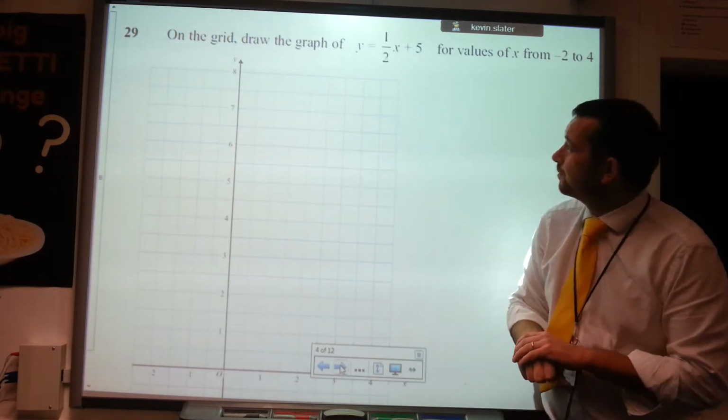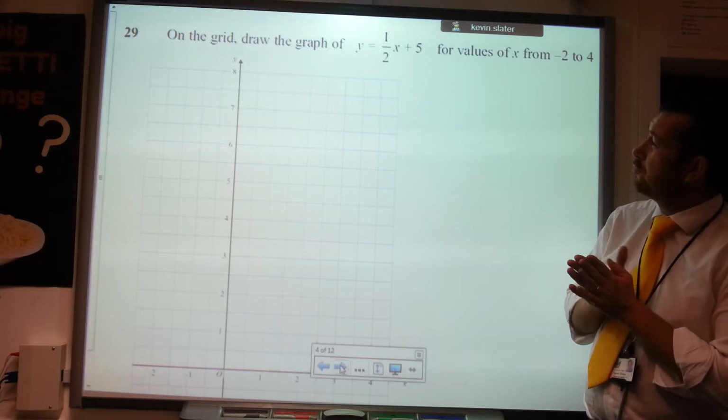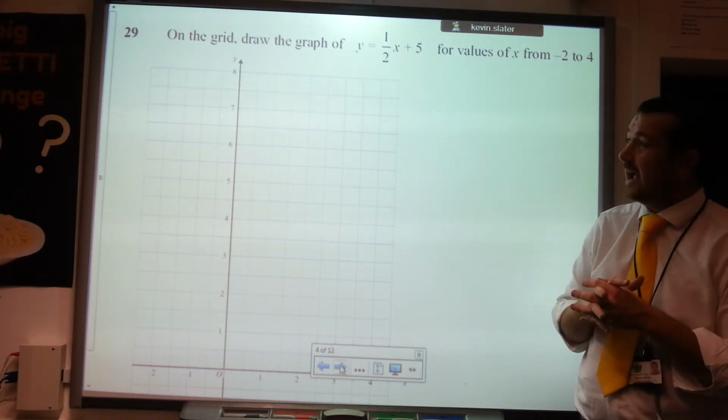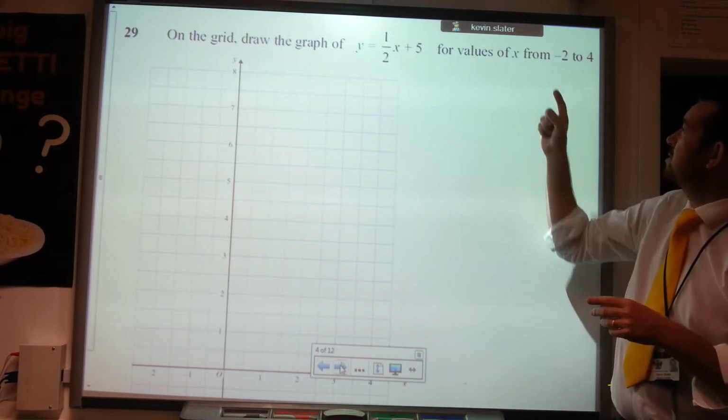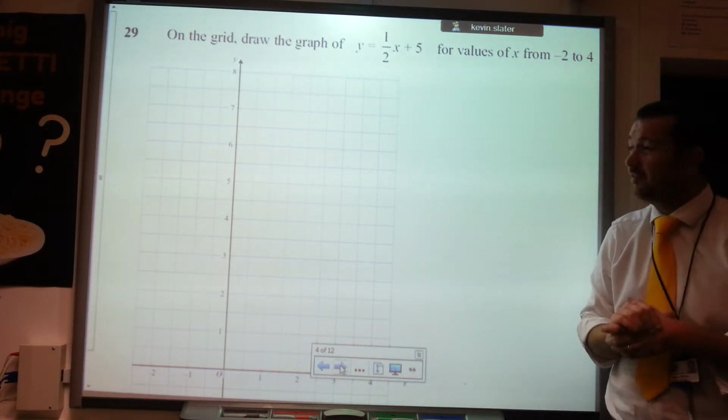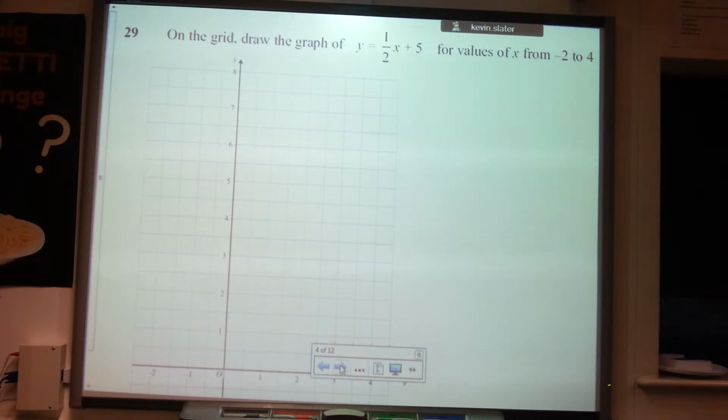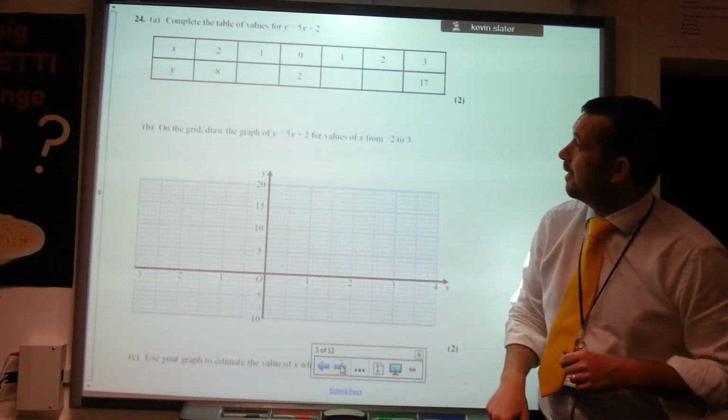Okay, next one. On the grid, draw the graph of y equals a half x plus 5 for values of x from minus 2 to 4. And then next one,